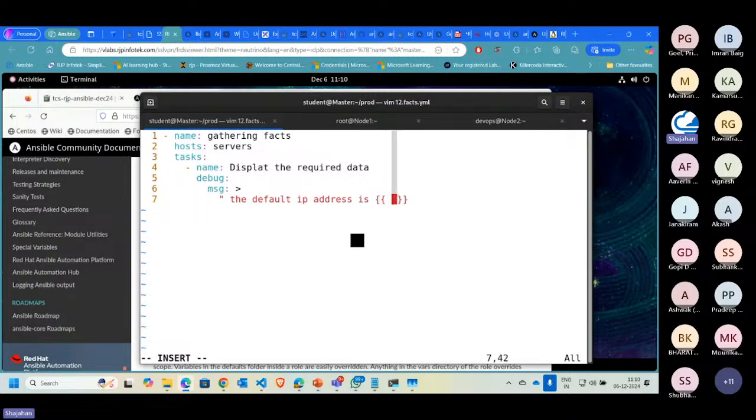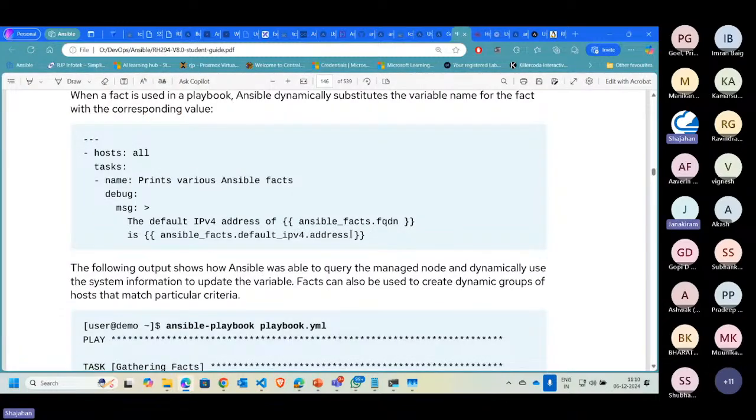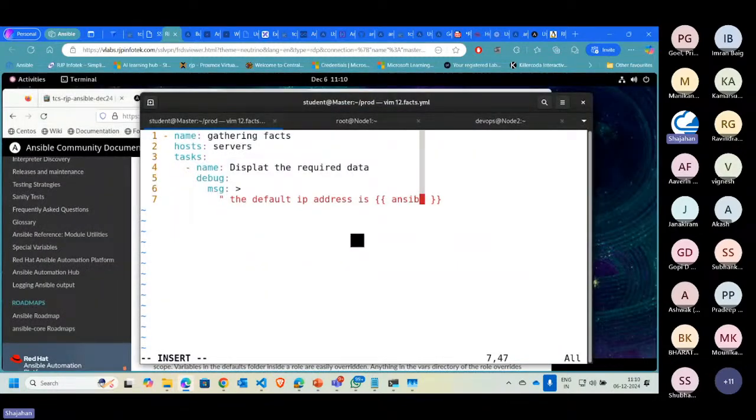So here I'm not supplying any variable directly. Sorry, the variable we have not yet picked up in any register. So it is ansible_facts dot, and instead of square brackets they're using FQDN directly, right? That's it. So I wanted to start with this value. Maybe if I want to have it up to the second line, that also I can have it up here. Then double curly bracket, close curly bracket here. Then the double quotes of the previous one I'm closing now here. And ansible_facts default IPv4 address. This is the FQDN of the host is